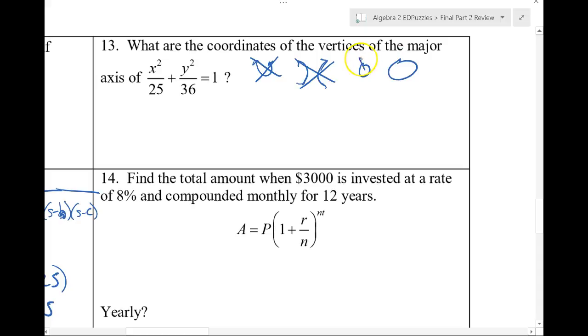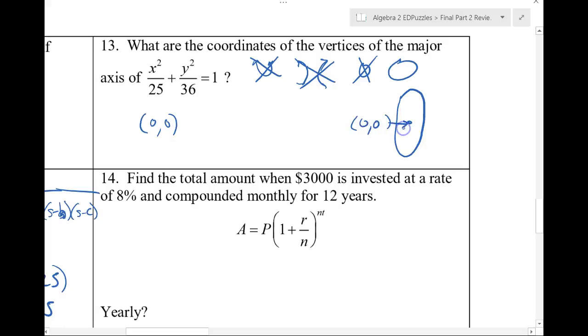I know it's not a circle either because I have two different denominators, so we know it's an ellipse. What kind of ellipse? Okay, so we look at the bigger number, and that happens to be 36, and it's under y, so that means that it's a vertical ellipse. Okay, and the center is at 0, 0 because this is not broken up into x minus 2 or x plus 2 and y plus 3, so it's just simply 0, 0. Okay, so 0, 0 is the center of our ellipse,